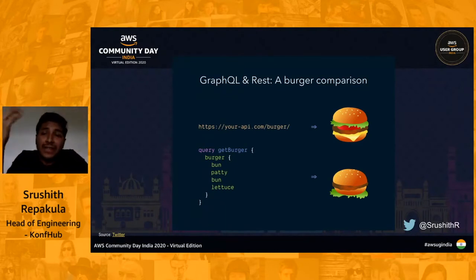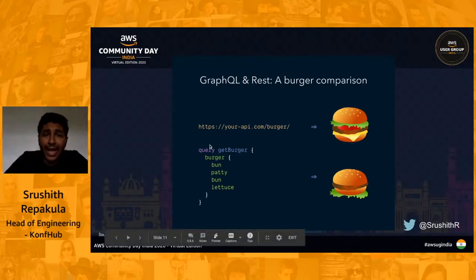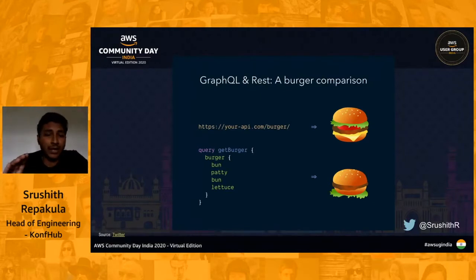Now, what if I want customization on top of that? Like in this example, where I want a burger, but I only want the bun, the patty, and then the bun, and then lettuce. GraphQL gives the client the capability to ask for what they want, whereas in REST API, it's like, okay, you want this, that's all. The client doesn't really have the capability to ask for only these parts of the response, right? So GraphQL is very much picking up, with a lot of amazing services that we can build GraphQL APIs for, and AppSync is one among them.